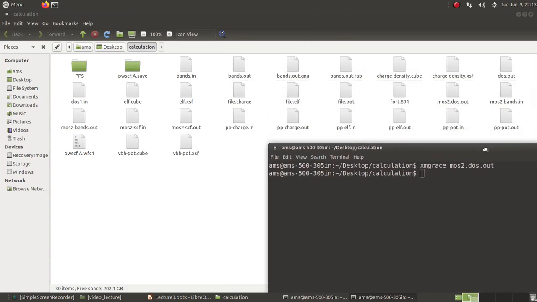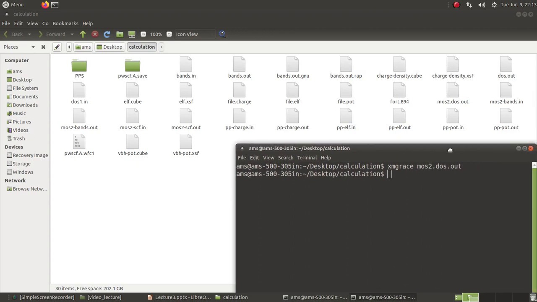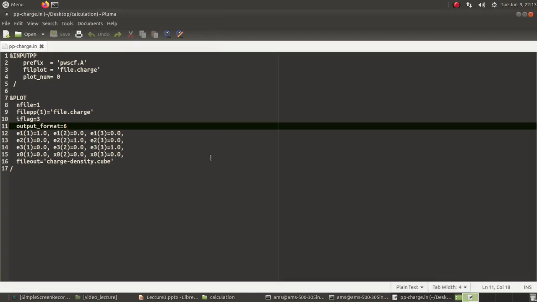So for that we will prepare inputs for the program pp.x. pp.x is the post-processing tool of Quantum Espresso, and for example I have written here the input for calculating the charge. It will show the charge on top of the structure file you have, the unit cell of MoS2 in this case, and there I have this kind of a format and input for the post-processing tool. Two different cards are there, inputpp and plot.